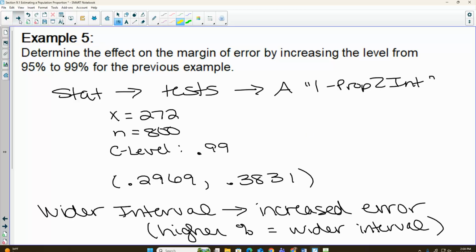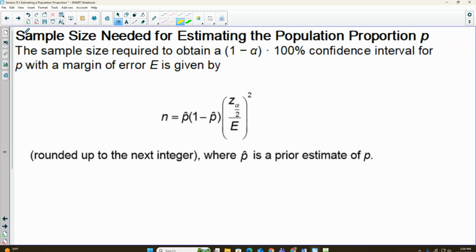Okay, last thing we need to do, so I need everyone to take a look at this formula. It is a little bit uglier. It is telling me how big my sample would have to be to get a certain confidence interval. So n is the number I need in my sample. This is a fairly complicated looking expression. It just comes from taking that formula that we've been using and remanipulating it to solve for n. But just like everything else, do you think you have to memorize it? No, it's on your formula sheet.